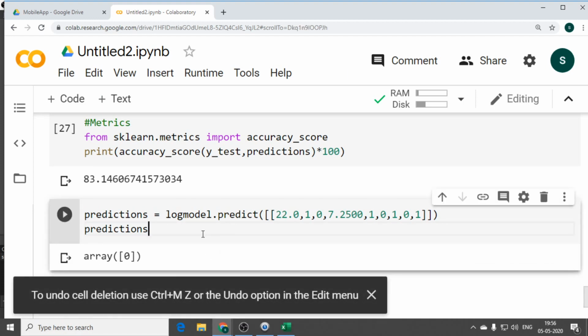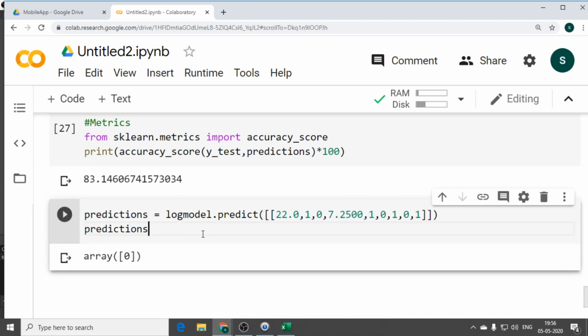Yes, is it done? Just a quick confirmation, then we can go for building an API for it. Then we can see the same output for a specific person, whatever row value we have given from the data set. Try to compare the same thing with your data set. Nice.